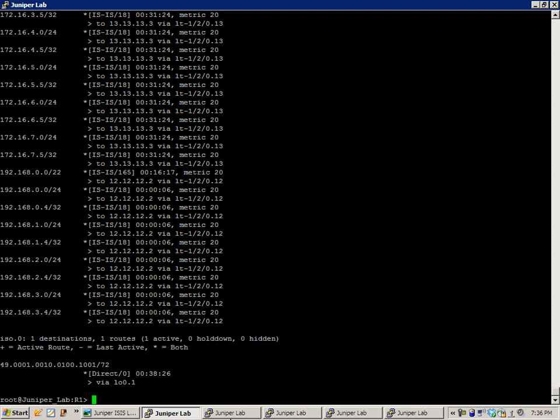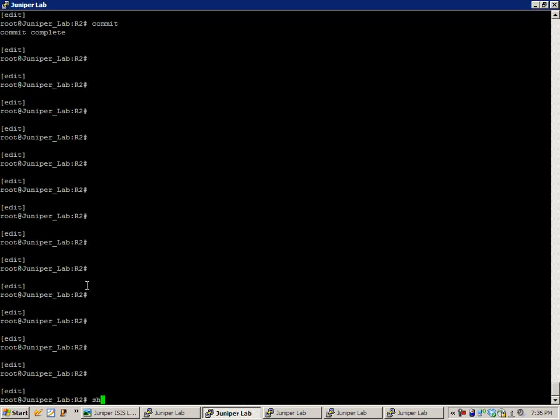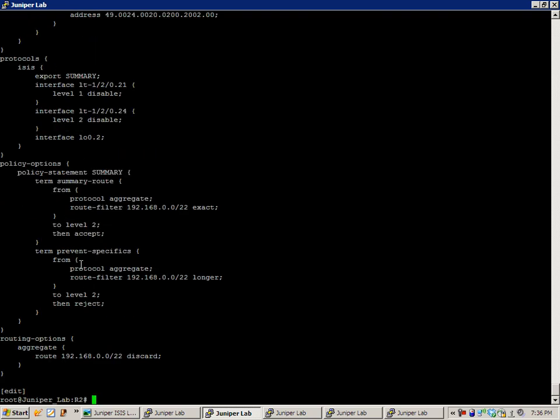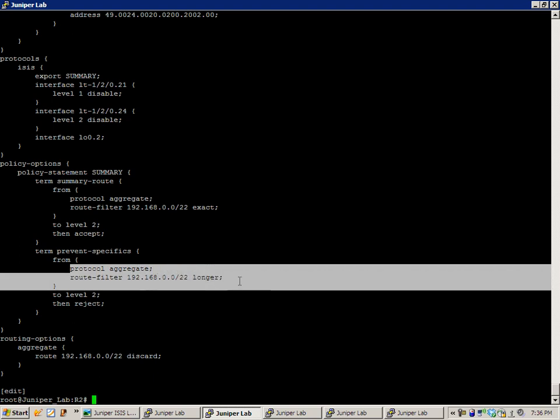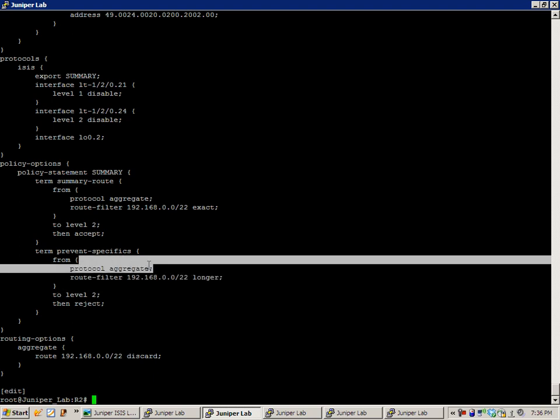Okay, sorry about that. Looks like we have captured exactly what the problem is. On router 2, under our policy options, under our term prevent specifics, we have from protocol aggregate, and that's not what we want. We want from protocol ISIS. Looking back at my notes, I'm not sure why I included the protocol aggregate, but we want to match these routes from ISIS